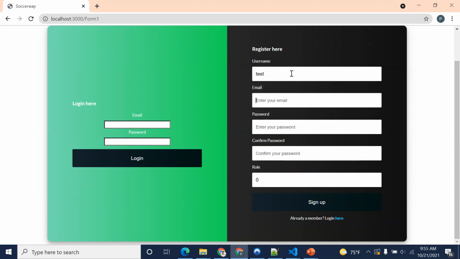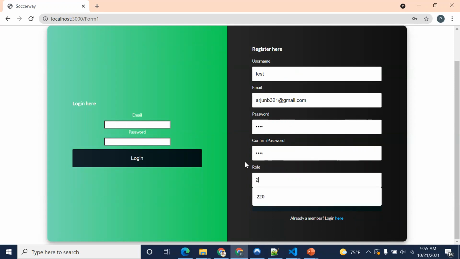I think the email needs to be unique here. So I'll just go ahead and give a unique email, and a password. So let's give a role. Now this role is very significant here. The role ID will be used to define the role for each particular user who is registering. One will be for the tournament manager, two will be for coach, three will be for referee, and things like that. Eventually that will be reflected in this particular page.